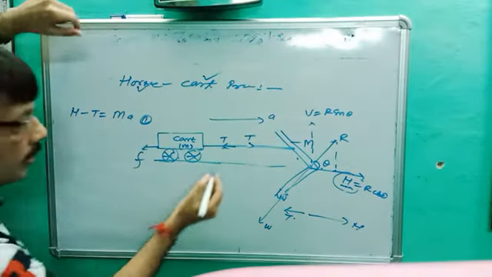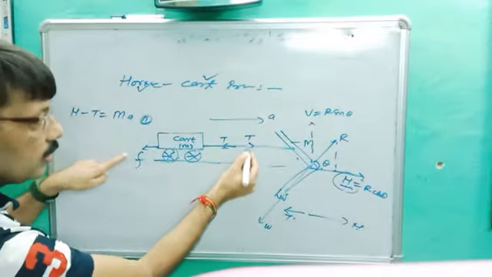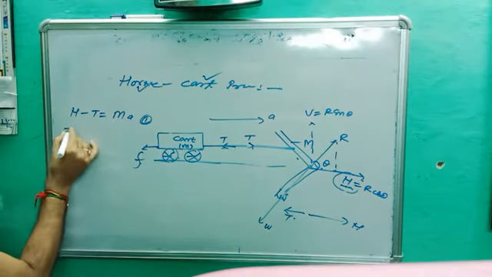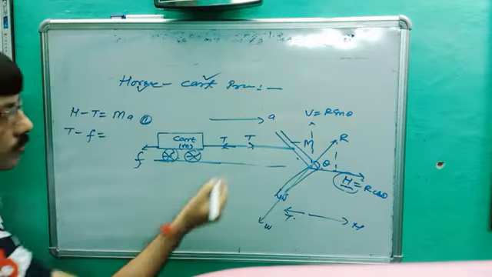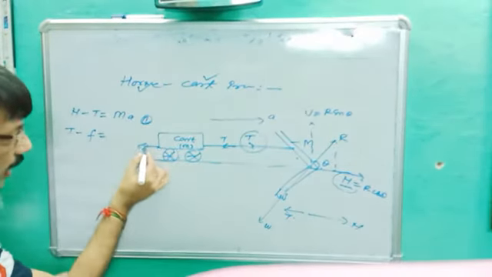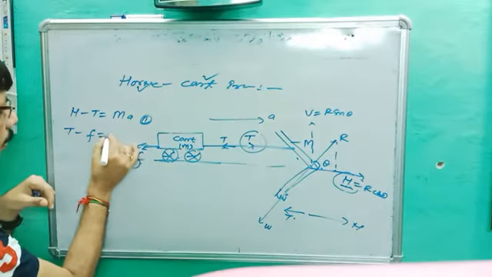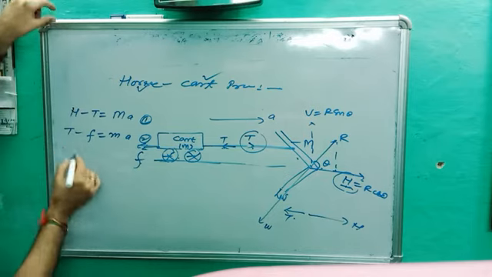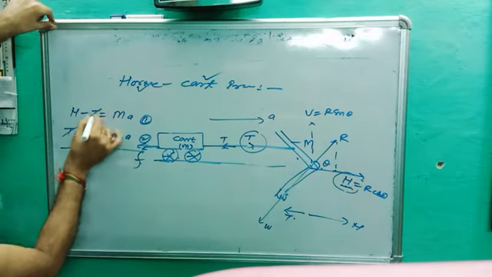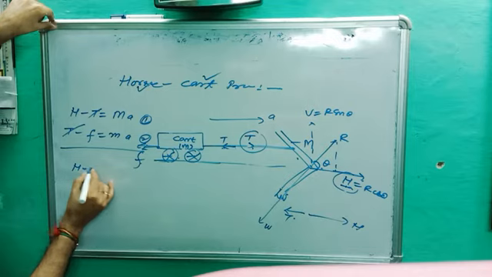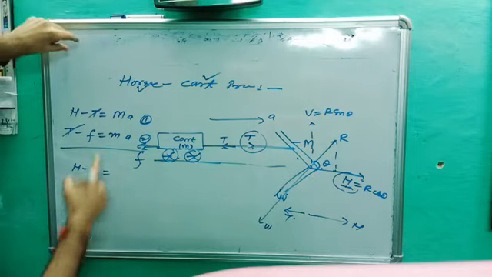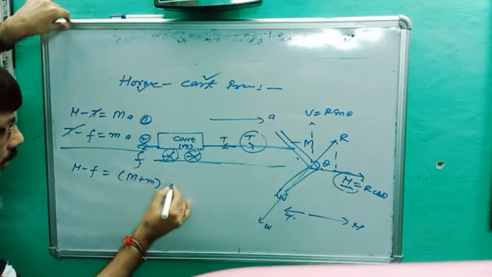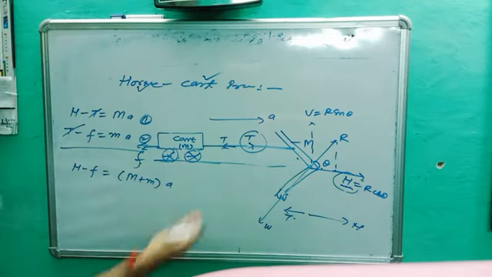Okay. Second point. Here T and here F, both are forces. T is pulling, F is the force applied by cart. So what we get here? T minus F is equal to, what is the total mass? Small m, and acceleration is A. This is equation number second. Are you getting the point? If you add them, this is the important point. T will cancel out. What we get here? H minus F is equal to, they will add up. A is common, capital M plus small m into A. See that T will cancel out.